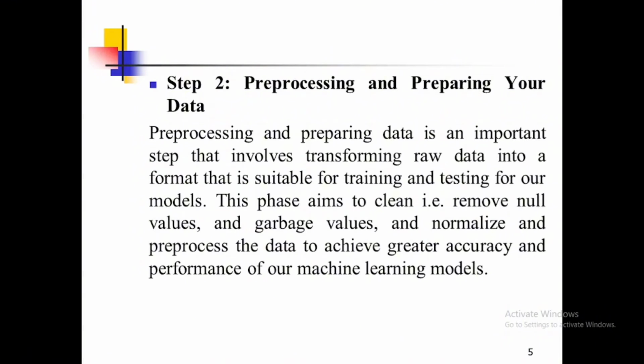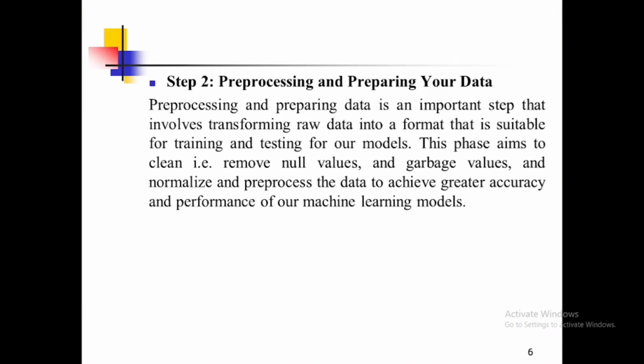So this step is very important for our machine learning model. During the building process, we need to check whether the raw data contains errors or some unwanted data. We need to normalize it, we need to clean it, we need to pre-process it. This is one of the important steps. And then, that is given here.